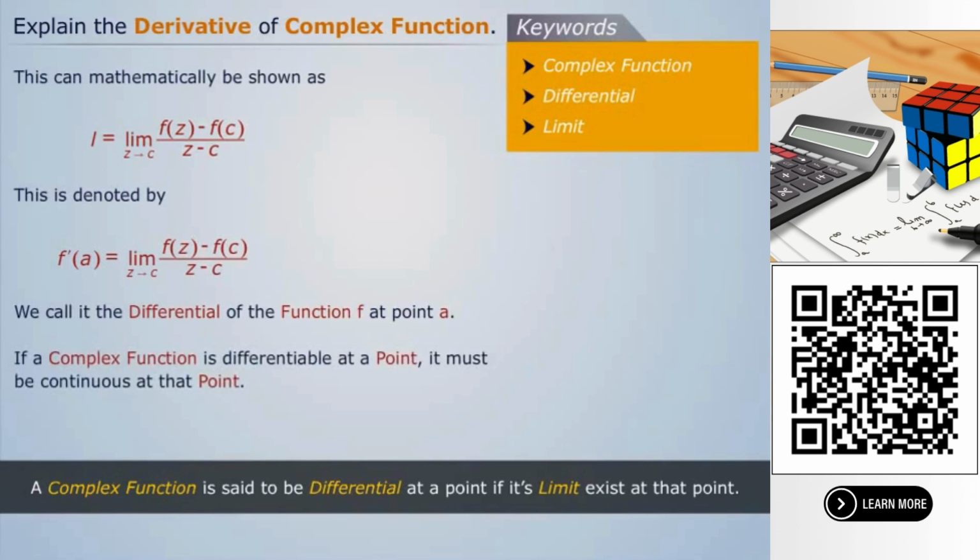If a complex function is differentiable at a point, it must be continuous at that point. But the opposite is not always true. Related terms are,